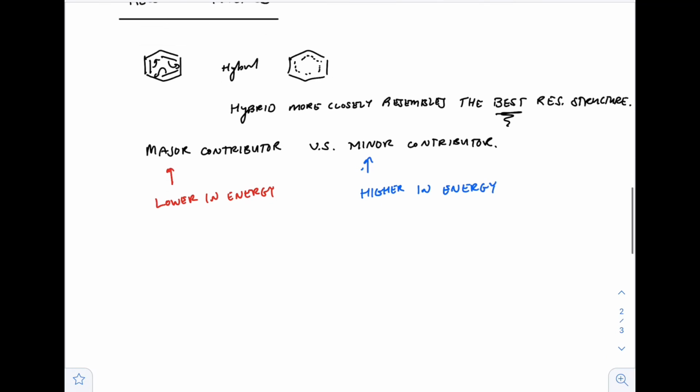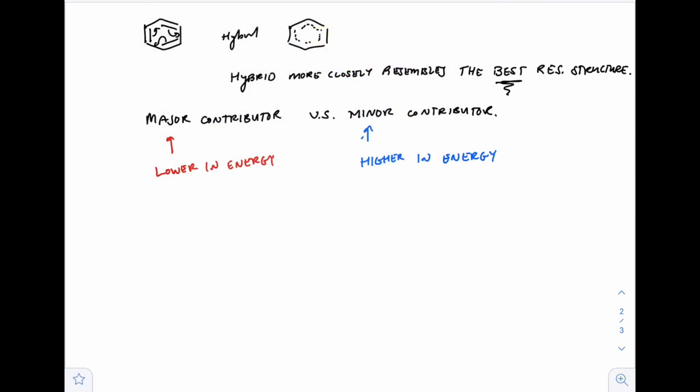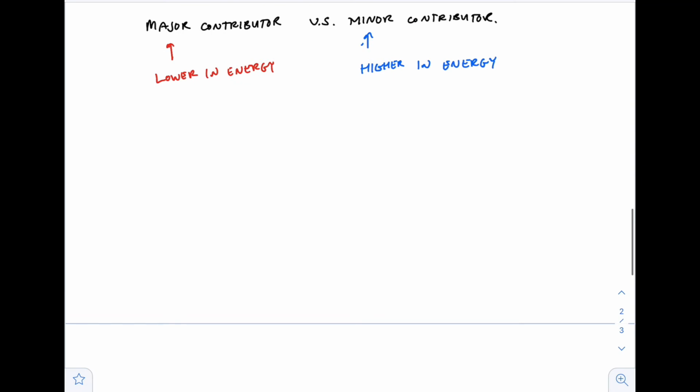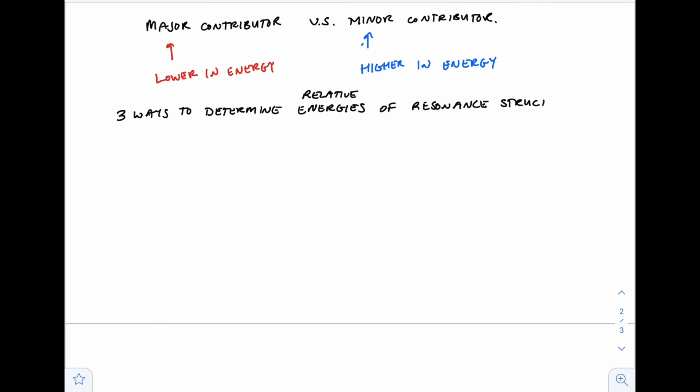So how can we draw a resonance structure that's lower or higher in energy? Well, we just saw one with the carbonyl group, right? At least with that example already, it's pretty obvious how we might be able to do that, but let's bring up 3 ways to determine the relative energies of the resonance structures, so that we can assign the major contributor and the minor contributor, okay? So the first way